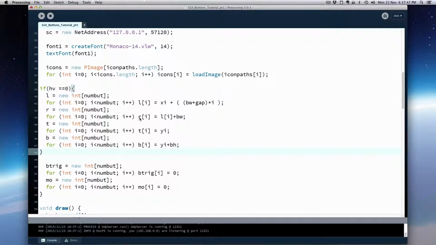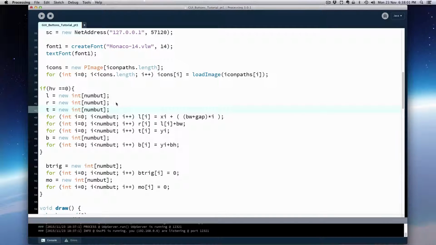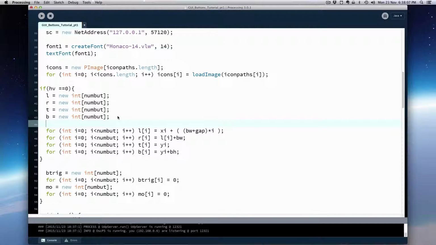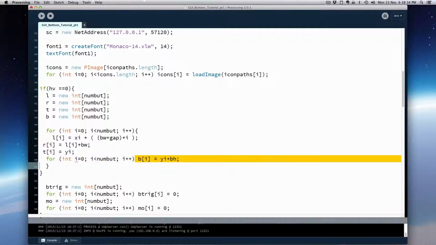And you know, we can actually make this code here much more efficient by just using one for loop, or at least tidier. I don't know if it makes a huge difference. So I'm going to copy all the initializations, or cut them and paste them over here, so they're all in a row. So all LRTB are all initialized first. Do all of this in one for loop. So I'm going to go for like that, and then end the for loop down here, and then just get rid of all these internal for loops. So save us some typing. Well, we've already typed it, but